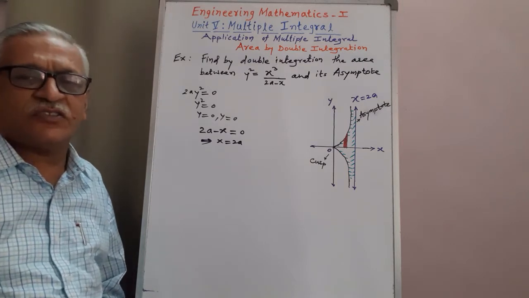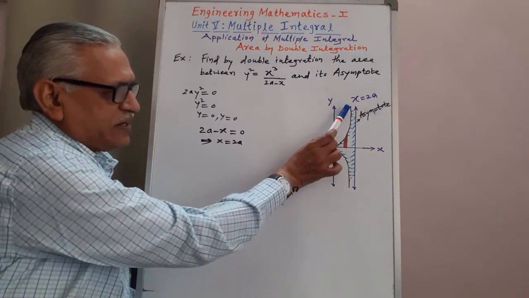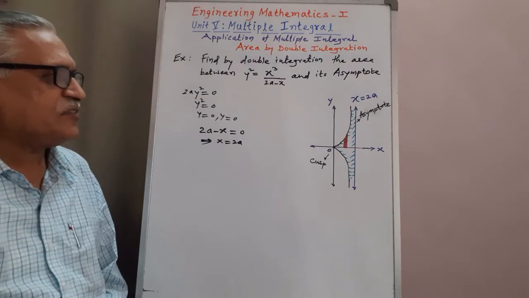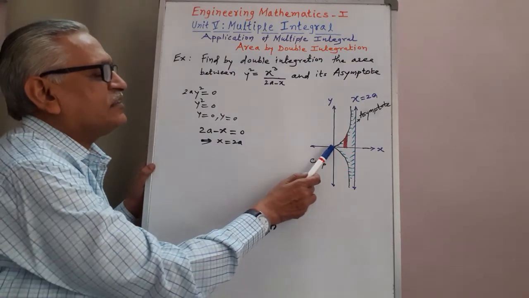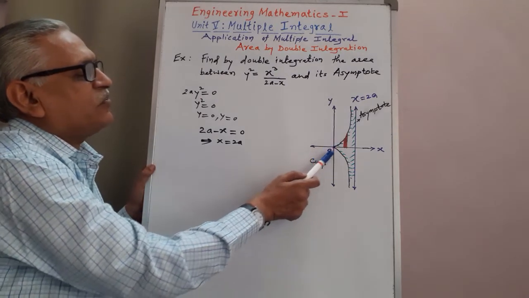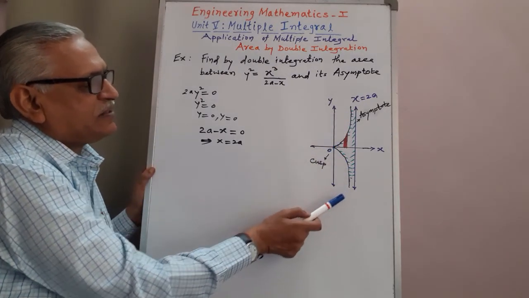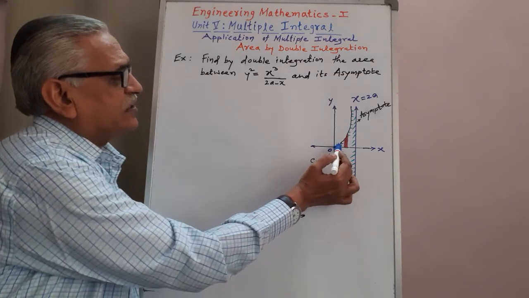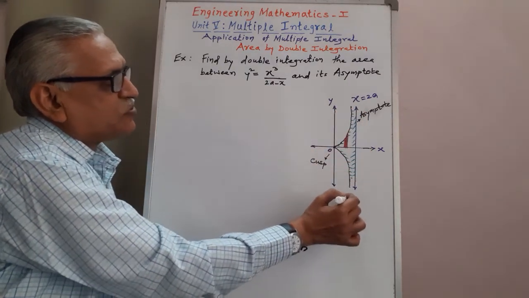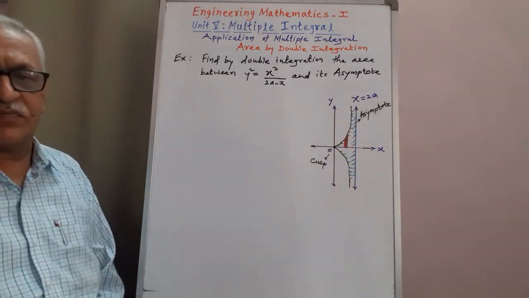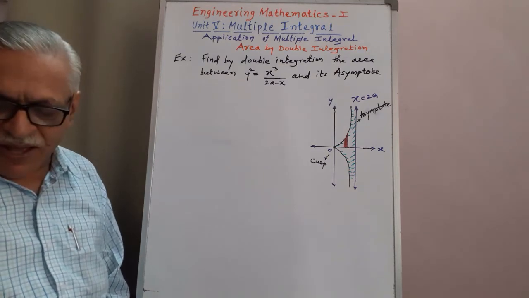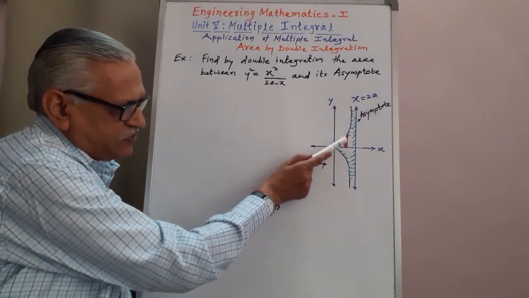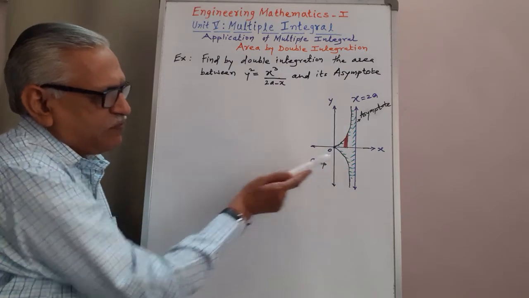Asymptote means a tangent to the curve at infinity, and that's why we make a parallel part to that asymptote. Then joining this cusp to that parallel part, we get the half part of the curve, symmetrical about the x-axis. Then shading the region of integration, the region bounded by that curve and the asymptote, I shaded it in green color. Making a strip parallel to the y-axis, I have taken the strip from the x-axis to the curve, and then we can double it to get the complete area.